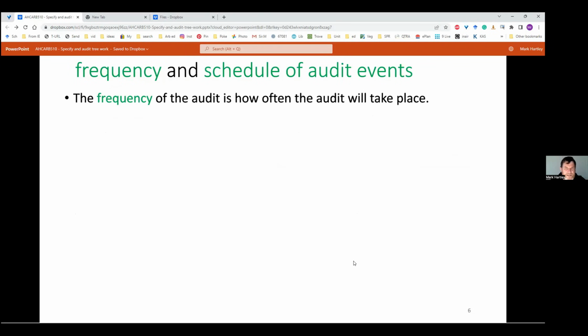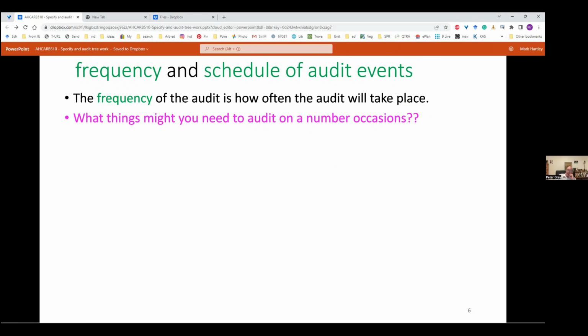Frequency and audit events, we've discussed that. What things might you need to audit on a number of occasions? Some things will be just one-off, the pruning work that I just talked about. Iron goes out, has a look at some trees and says, yep, they're pruned, that's good work, no problems. You might have to check that there's no building materials or etc. being stored under the tree more than once.